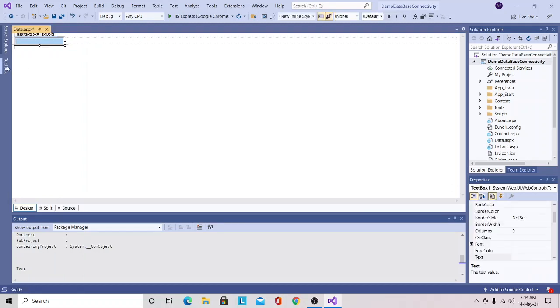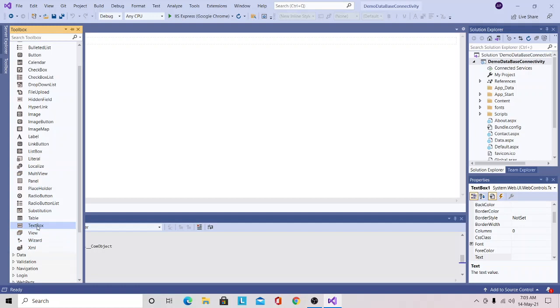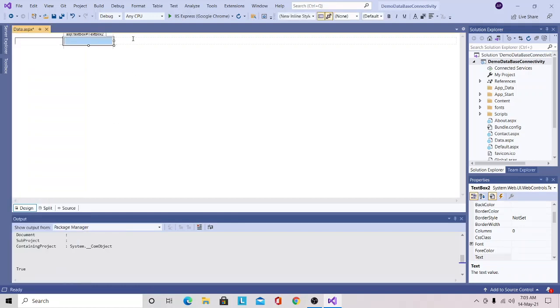This is the first text box. Then again I will click on the text box from the toolbox and I will drag and drop another text box. So here I have dragged and dropped two text box server controls.